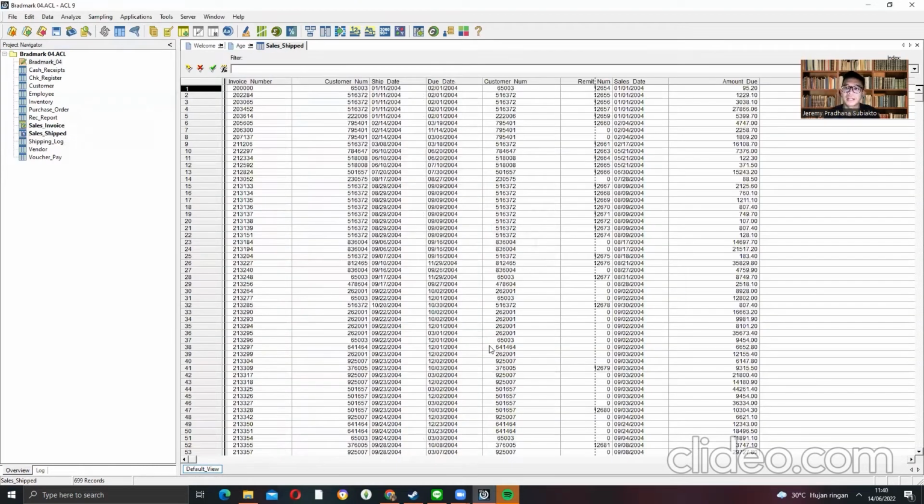As you can see here, this is the number of records of the sales ship. There are invoice number, customer number, ship date, due date, customer number, payment number, sales date, and amount due. And then for the next part,